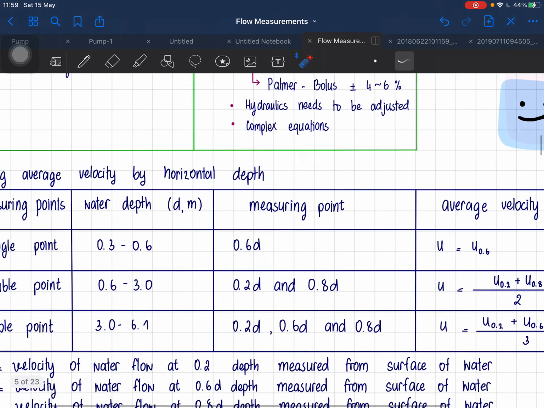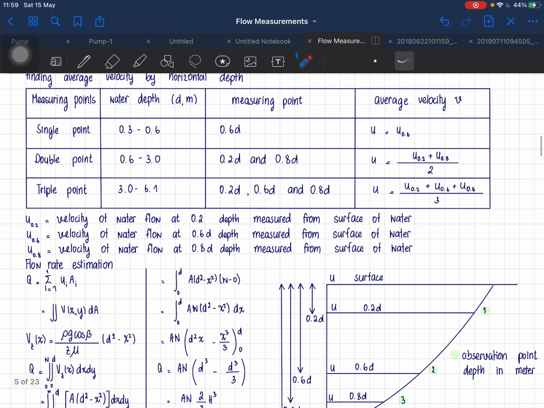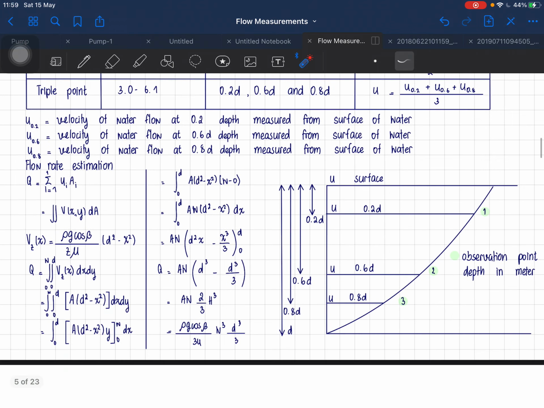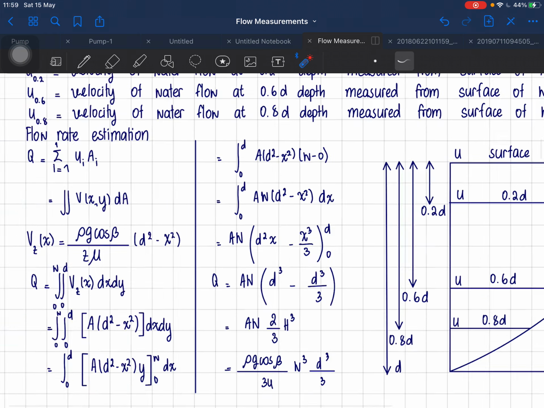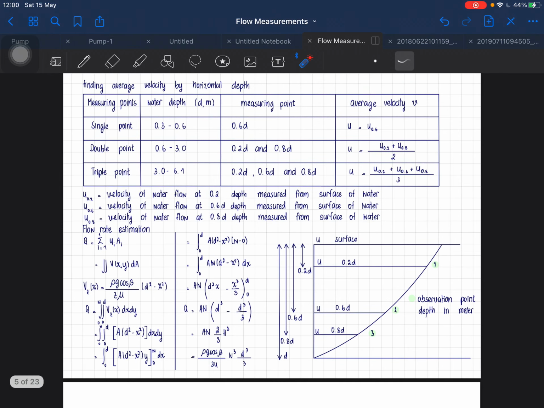Now we can see that. Oh yeah, for this one, I guess this is not necessary. I thought it was homework, so I tried to solve it, but actually it's just additional information in our lesson. If the water depth is like 0.3 to 0.6,